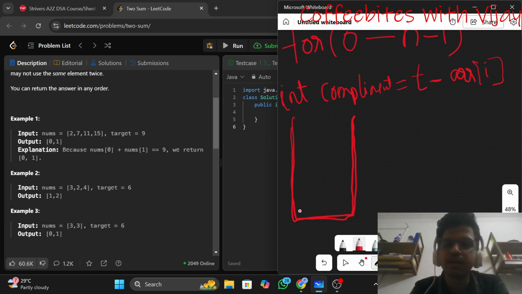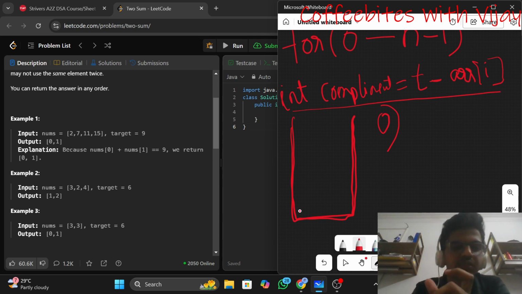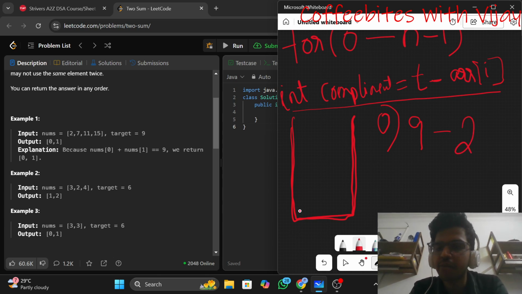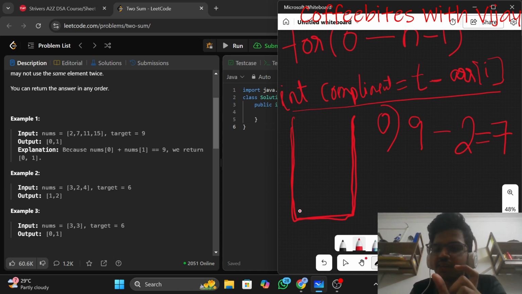First my for loop will go to index 0, and at index 0 it will use this formula, target minus arr[i]. The target is 9, and arr[0], the element at index 0 in example 1, is 2. 9 minus 2 gives me 7. I will use the method containsKey to check whether 7 is present in the hash map.